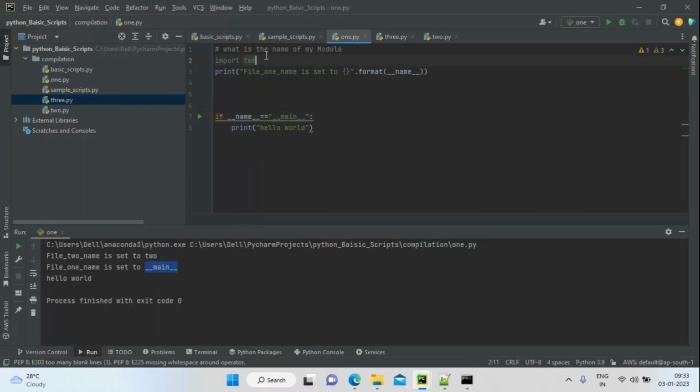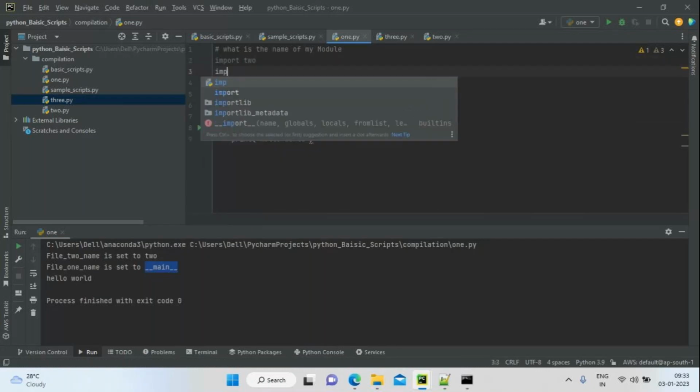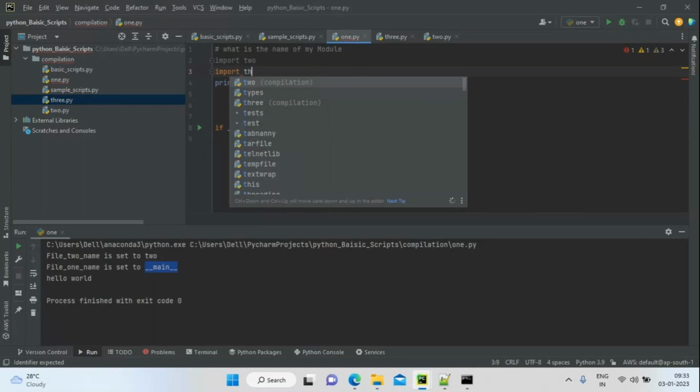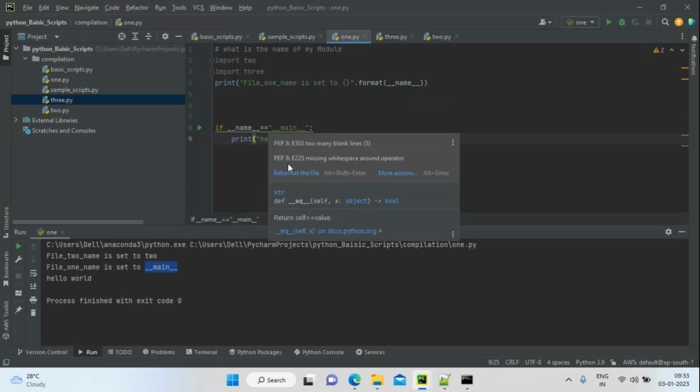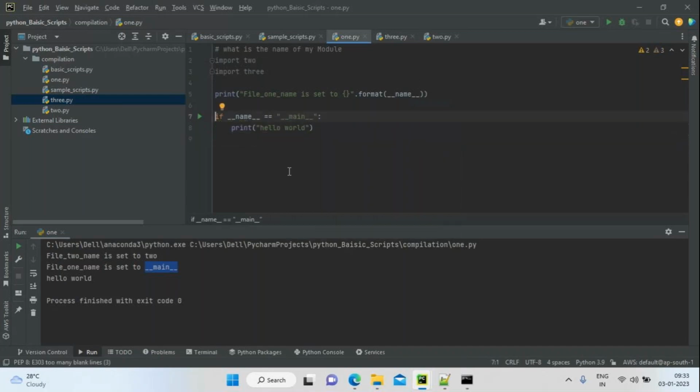Now I'm going to confuse you. What output will I get? How many outputs will I get? What are the module names I'll get actually? 2 and 3.